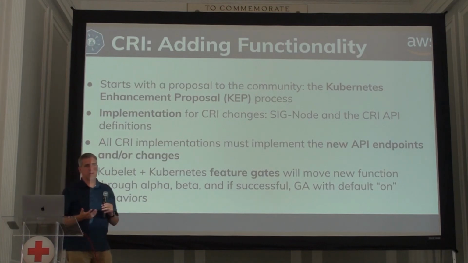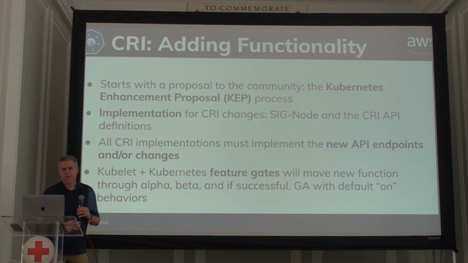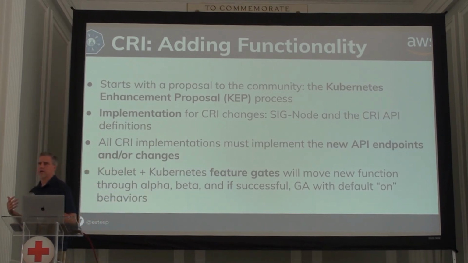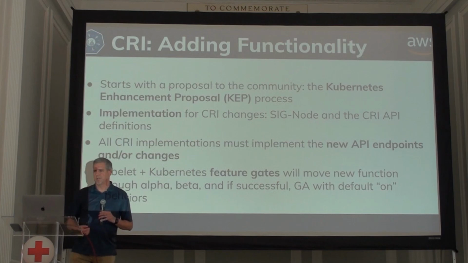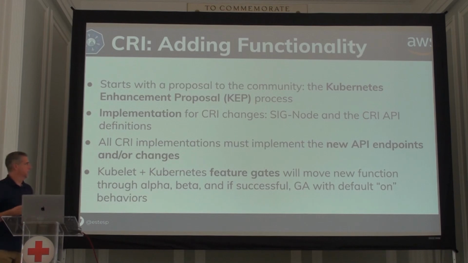All right, so it sounds like the CRI should be fairly static in that it just has a simple job to do, the ability to start and stop containers, pull images, but it is a growing API. Over the years, there are new functions being added, and you might wonder, well, how does that happen? How do we change the CRI? And it's really similar to how the Kubernetes community operates in general, in that